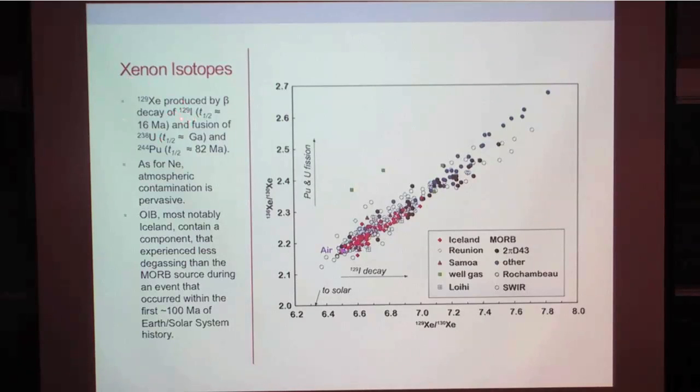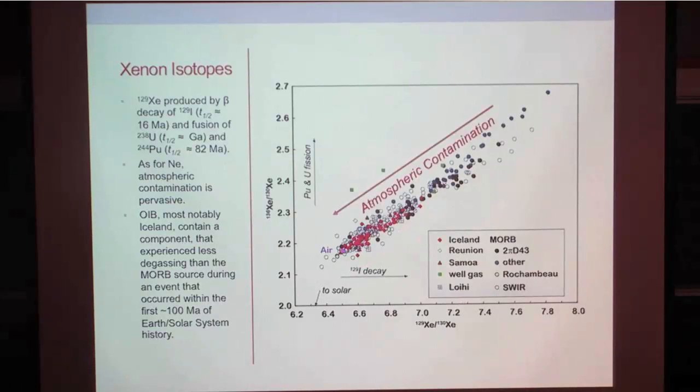The half-life of iodine-129 is even shorter, 16 million years. So we're looking at variations here. We're looking at some iodine-xenon fractionation that happened easily within the first 100 million years of Earth's history, of even solar system history. Okay, again for neon,